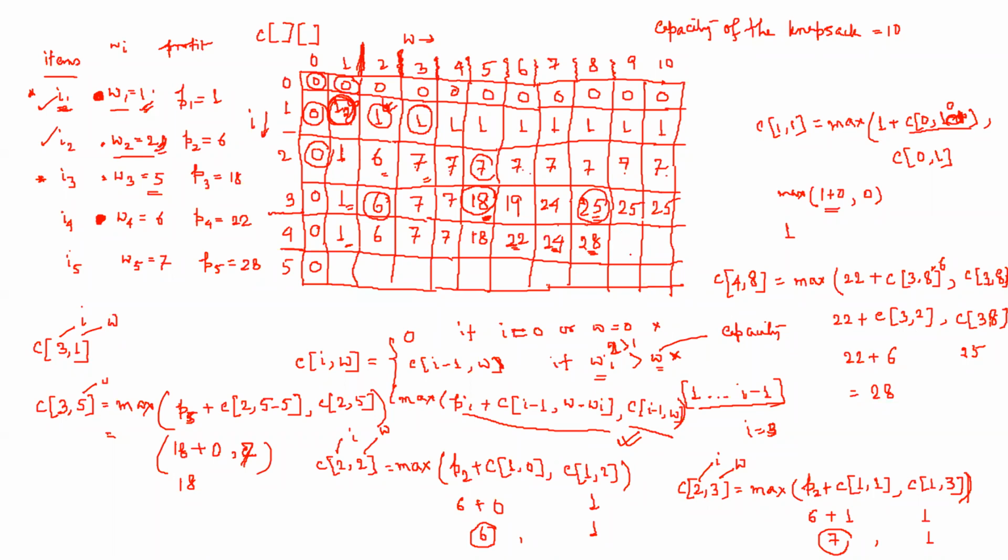Okay. In this way, you have to calculate this table. If you calculate this table, you will be able to see what will be the maximum profit for each capacity. So after this one, let us try to fill it. So it's 28. Then the capacity of this one is 29, this value is 29. It will remain 29. This one is 1.